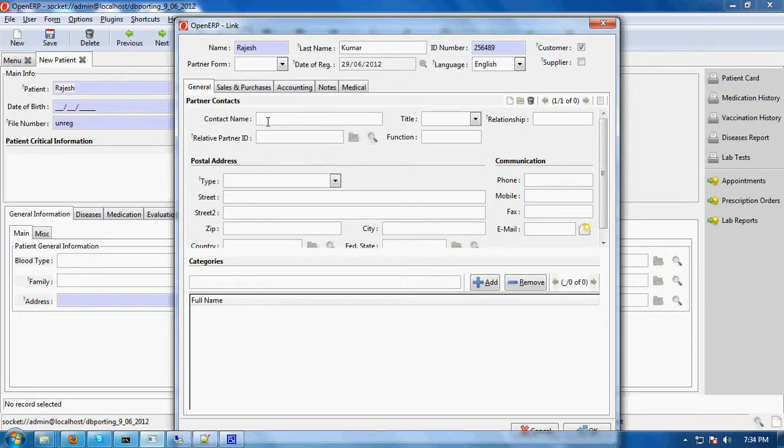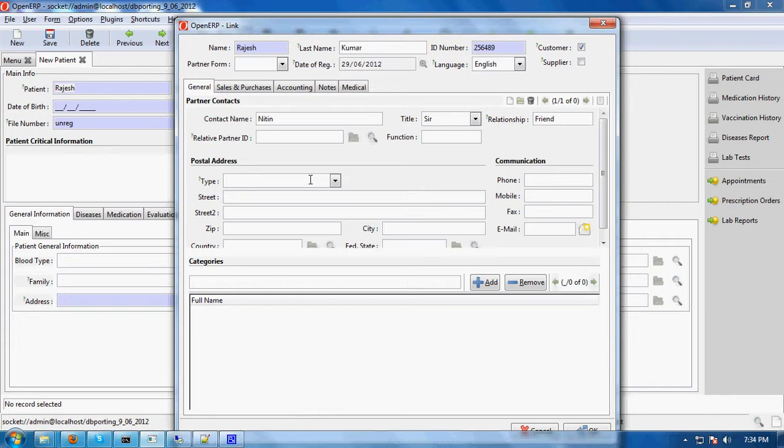In the contact name, you can enter a contact if any is there. So Nitin is the contact person of this partner. Relation, friend.